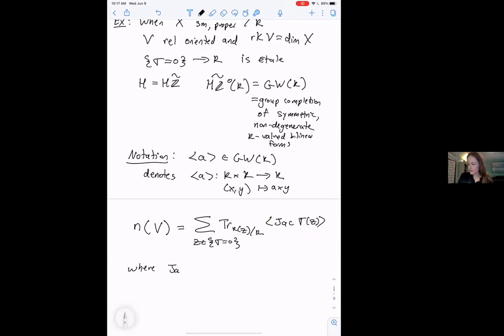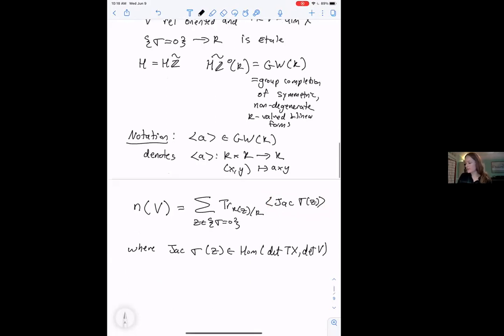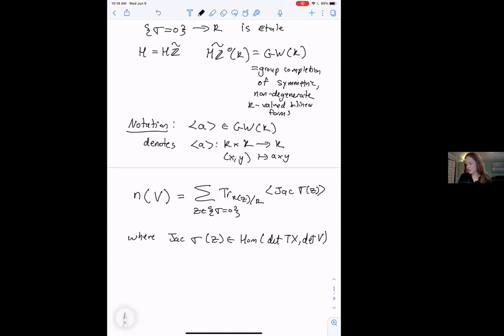So the Jacobian of sigma at Z is in the Hom of the determinant of Tx to the determinant of V, like the determinant of the matrix of partials of Z,